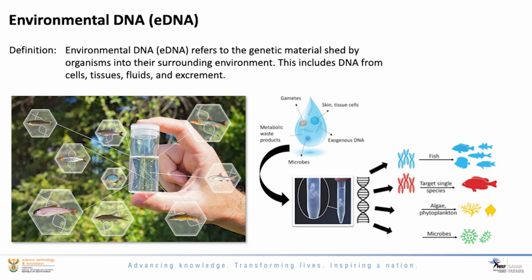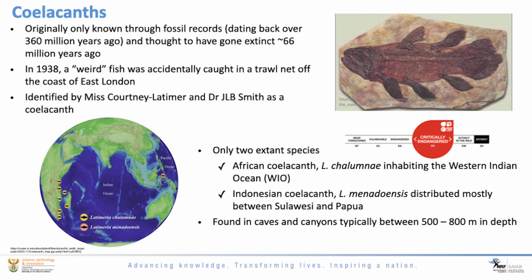And those barcodes or tags can either be generic, so it can pick up all fish. It can be specific for a particular target species, and then you can also obviously target other things such as algae and microbes. So one of the projects that SAIAB is involved in is looking at coelacanths, and I'm sure most of you are familiar with coelacanths. It's a living fossil fish that was found,